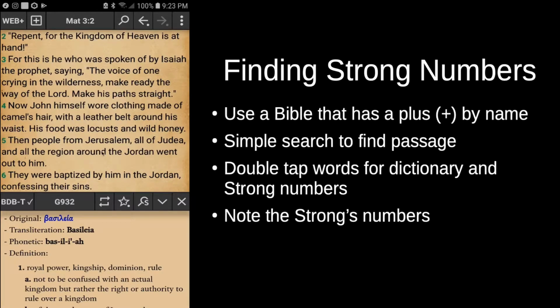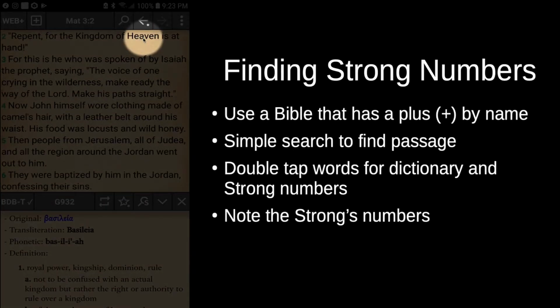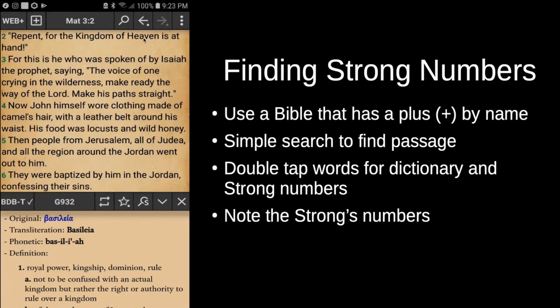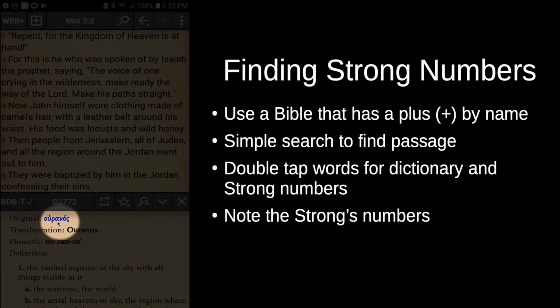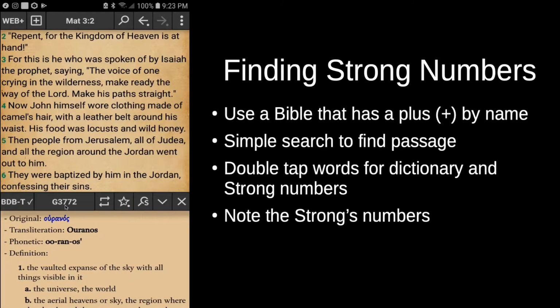The next thing is let's find out the Strong's number for heaven. So if I come over here and I double tap on heaven, it brings up heaven down here in the dictionary, ouranos, and we can see that the Strong's number is G3772. So also I just want to note that down, that those are my two Strong's numbers, G932 and